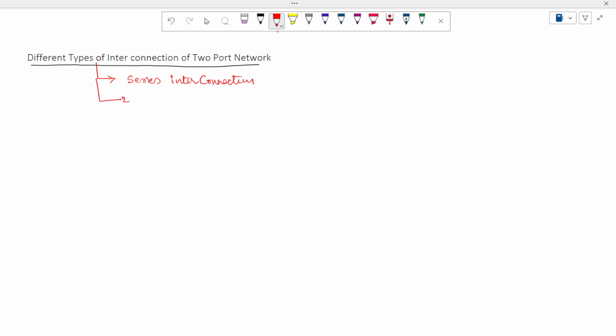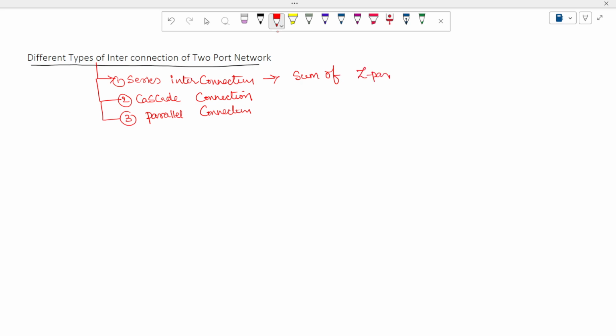Second one is cascade, which is also a part of series interconnection. And third one is parallel connection. So here in this series interconnection, we are going to perform the sum of